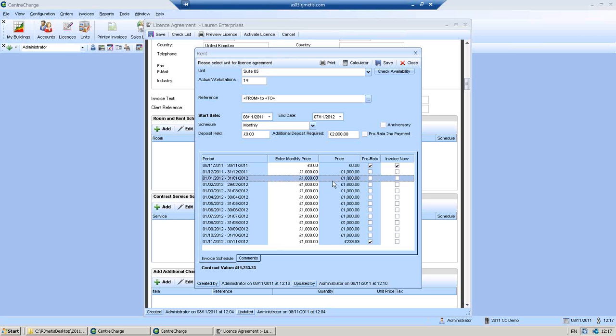Again, if you want to prorate the second payment or do the billing on an anniversary basis, so across months, then you can use these two options here. So that was a monthly setup. Normally it's either monthly or quarterly. So if you wanted to do a quarterly payment, you select the schedule here,